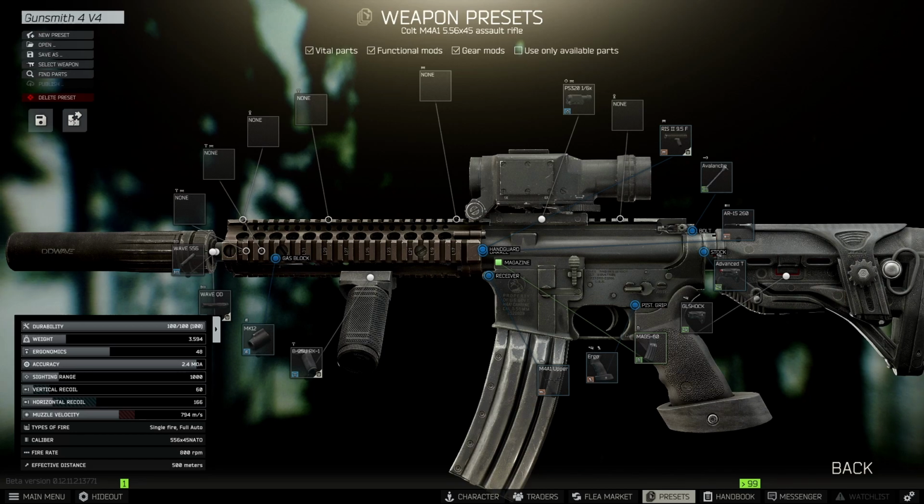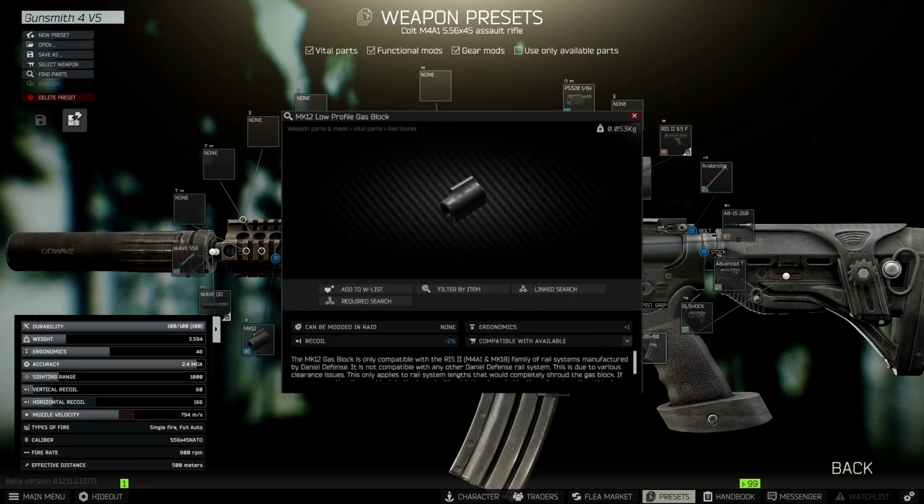Once you have the base build and you have some of the basic understandings, you'll be able to go through and start changing these, tweaking these and figuring out exactly what it is that you want to build. There are a couple of things you can't get away from. Things like the low profile gas block is essential in order to put on any of the different foregrips at